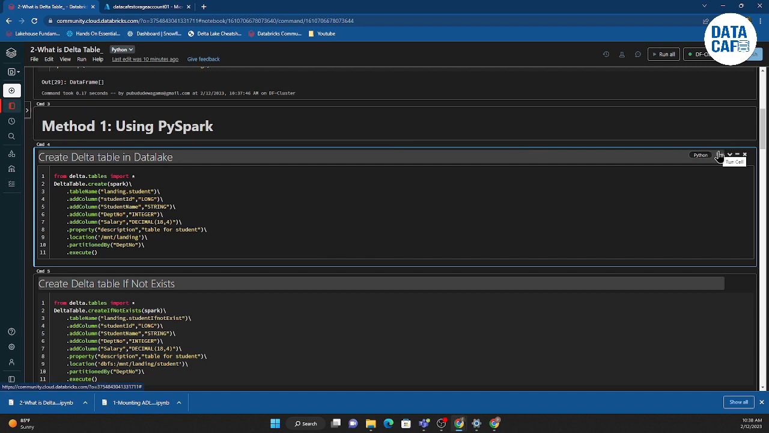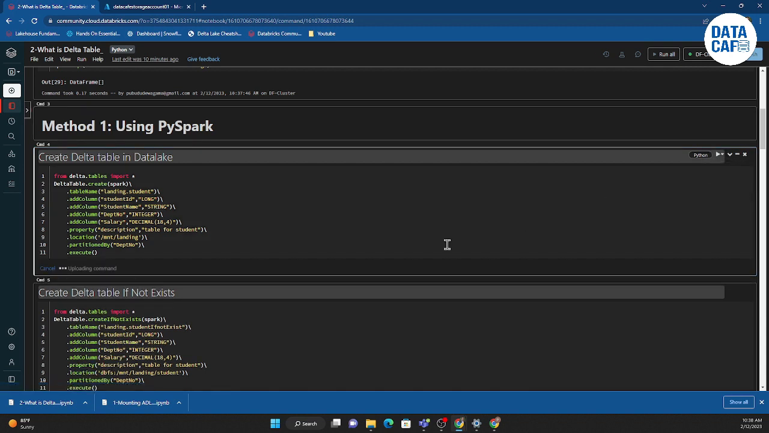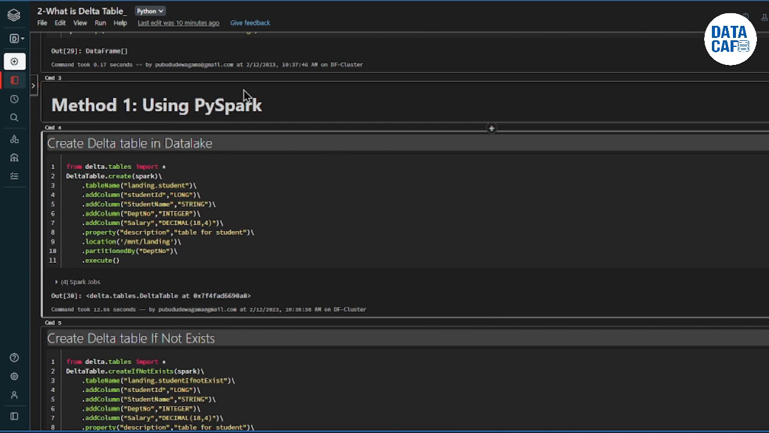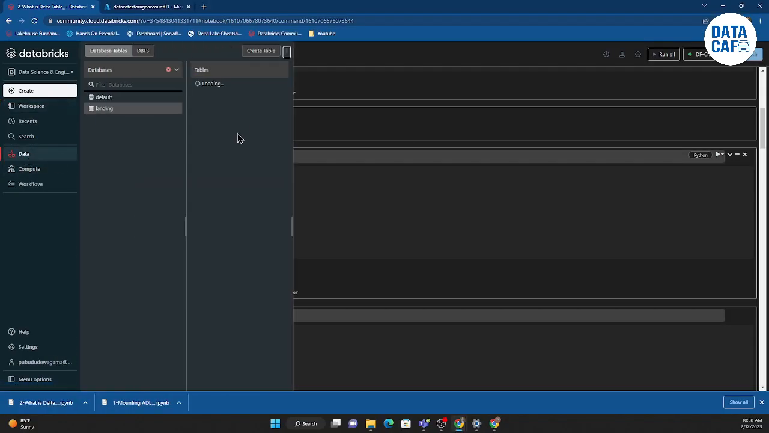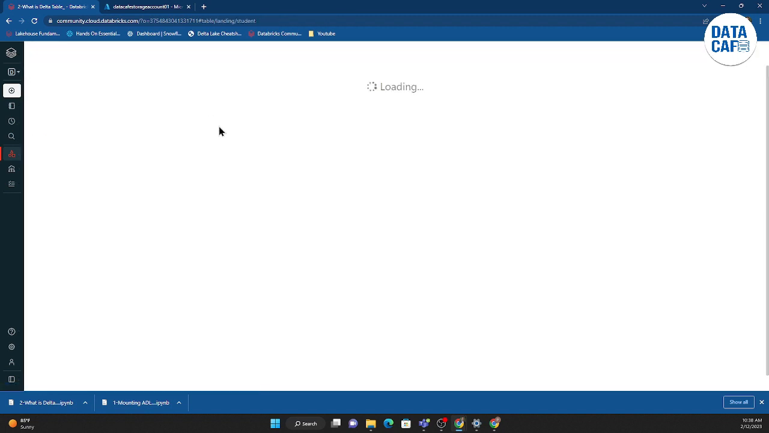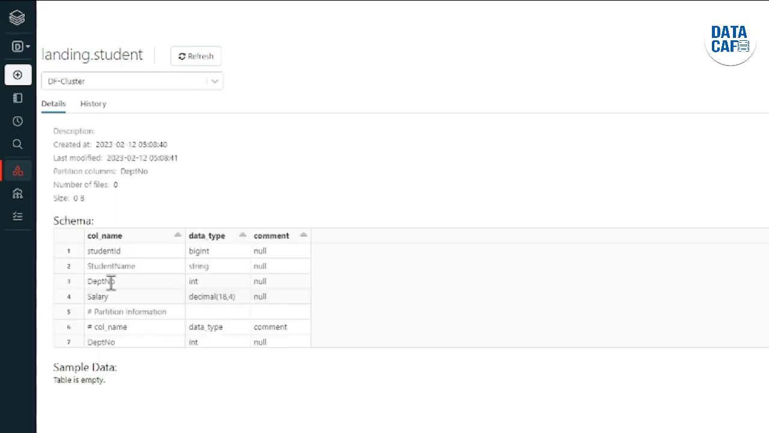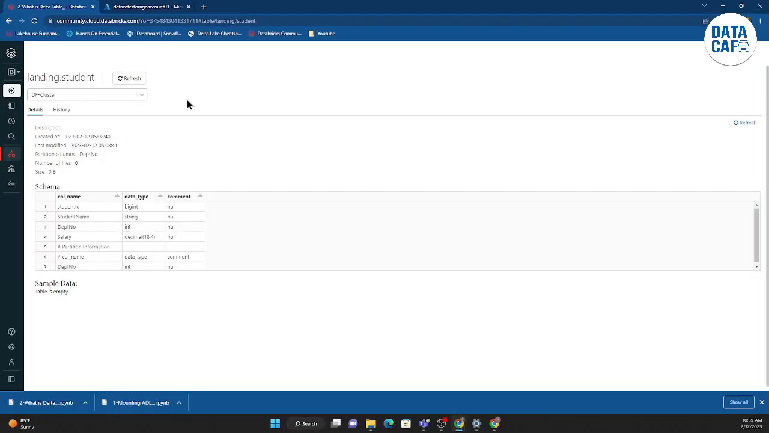To execute this one, you can click on this run cell button. You can see the table has been created successfully. If you go to the data, then you can see under landing we have created that folder. So that is the table, and the schema you can list here. You can see all the information is there: created, last modified, the available columns. In addition to that, the partition number. The table is empty, so once we insert the data, a few records will be displayed here. So these are the steps to create a Delta table using